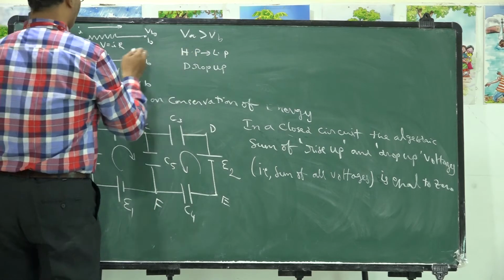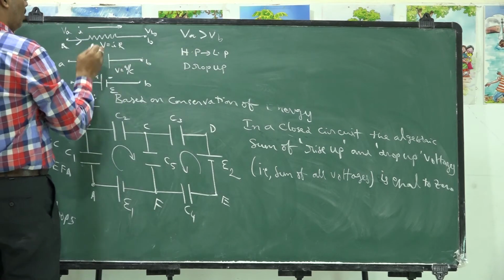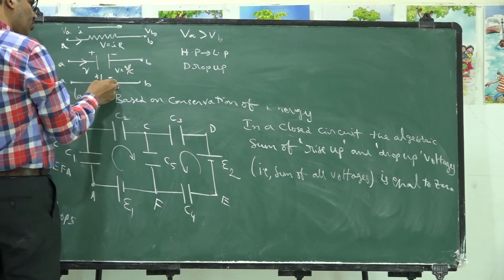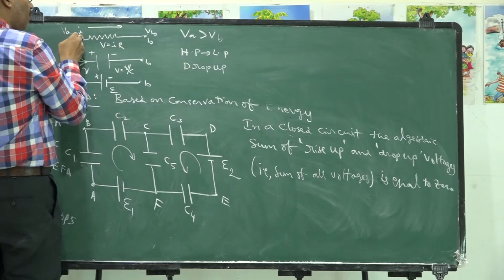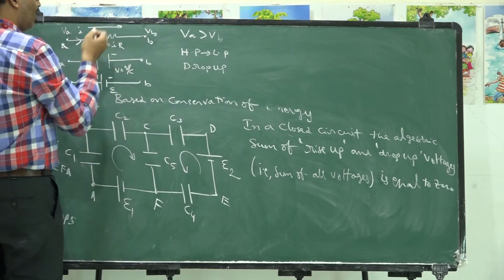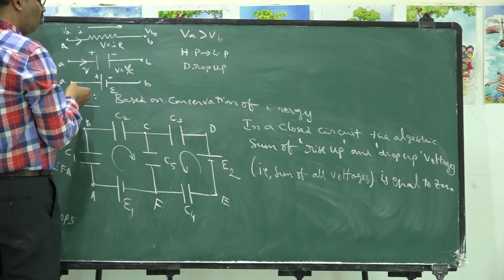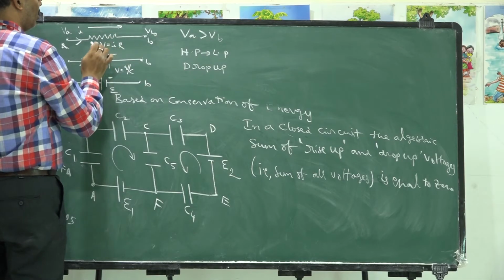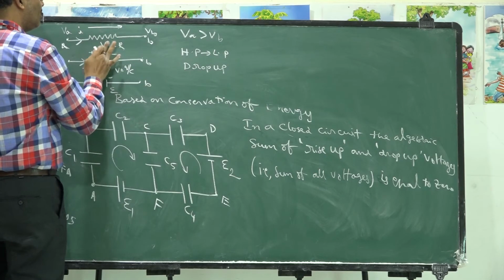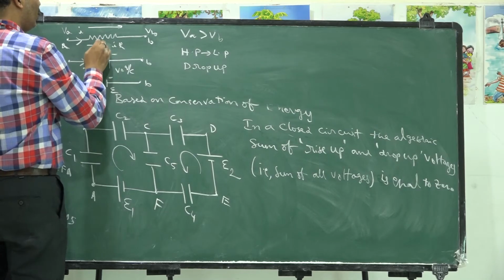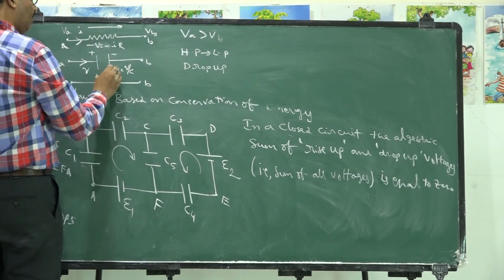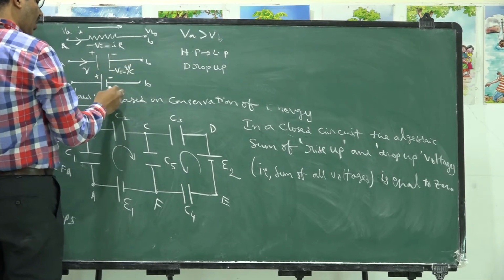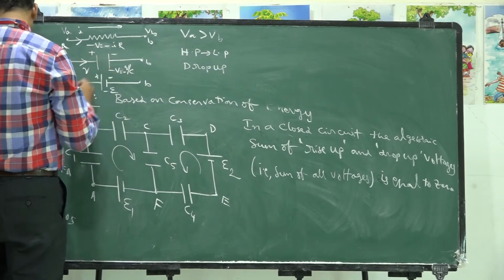Whenever you are moving from high potential to low potential, that means positive plate to negative plate, positive terminal of the battery to negative terminal of the battery, high potential point to low potential point across the resistor, the potential value should be taken as negative. So we should impose a negative sign here. Here the V value should be taken as minus V, which is minus IR. Here minus V is equal to minus Q by C. Here the EMF should be taken as minus E.